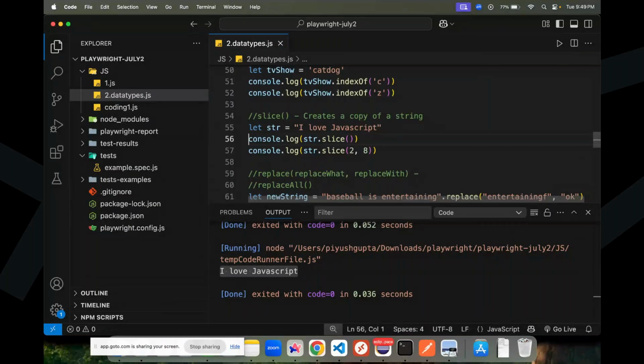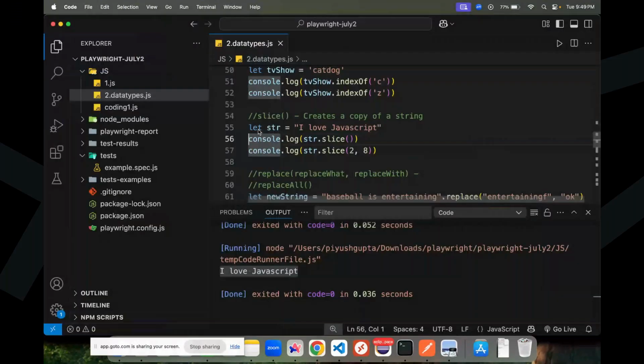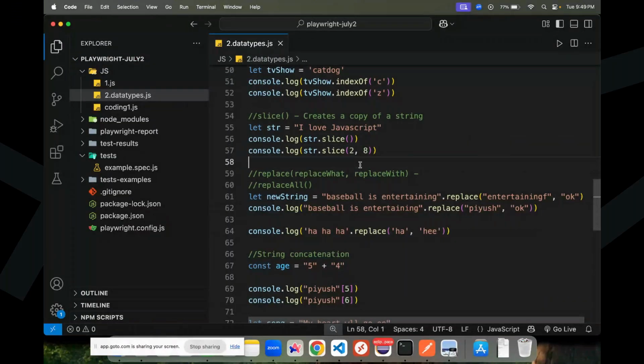Piyush, I'm Rekha. I missed some part, I don't know if you have addressed it earlier. You said strings are immutable, right? That means we